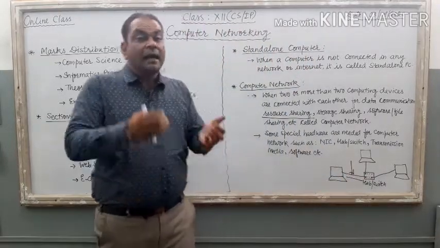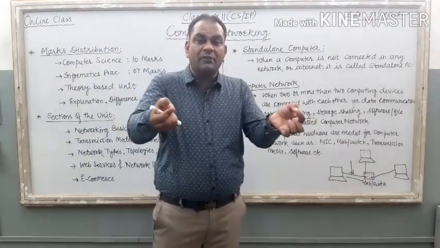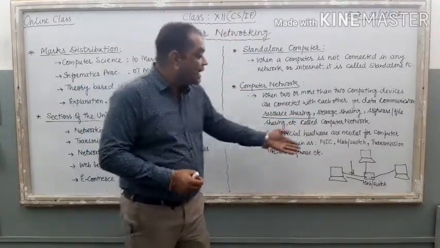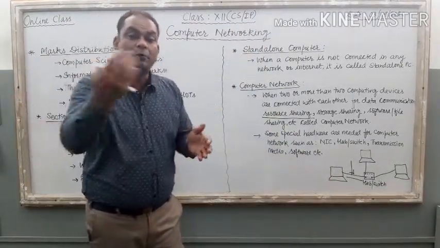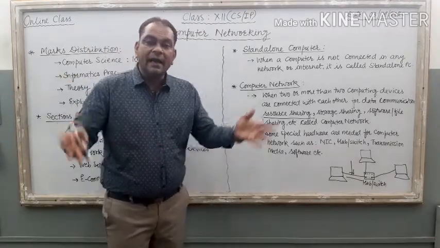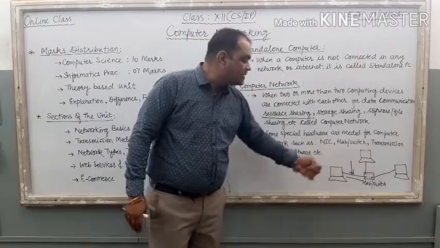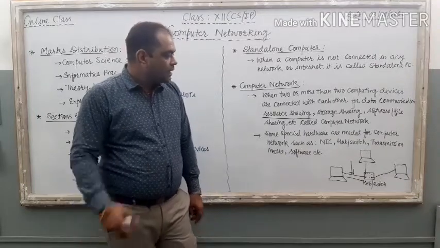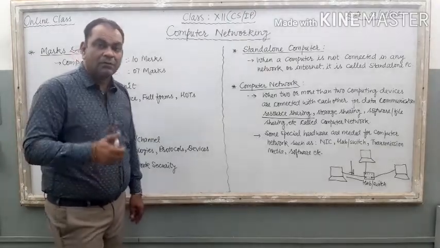This transmission media can be wired media. We can purchase a special wire, and with the help of this wire we can connect different computers with each other. So it is known as wired media. We can connect these PCs with wireless media also. Wireless media means we can connect them with Bluetooth devices, Wi-Fi, satellite, radio wave, microwave. Lot of different wireless devices are also available. So these devices or media are known as transmission media or transmission channel. Right? I hope the entire term is understandable by you. Thank you very much. Bye.